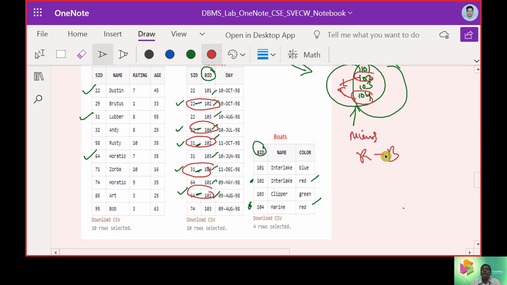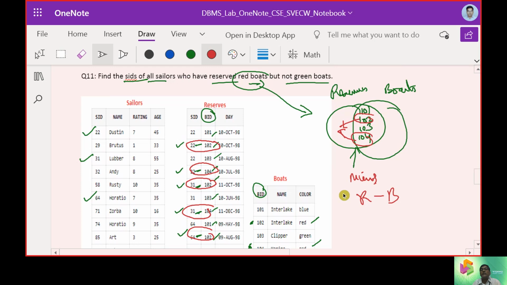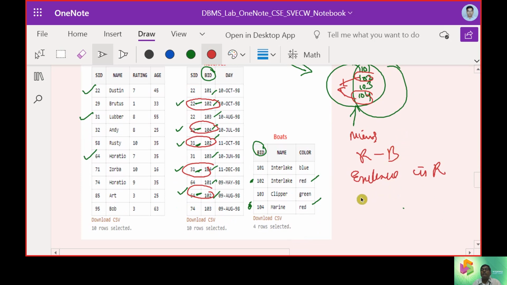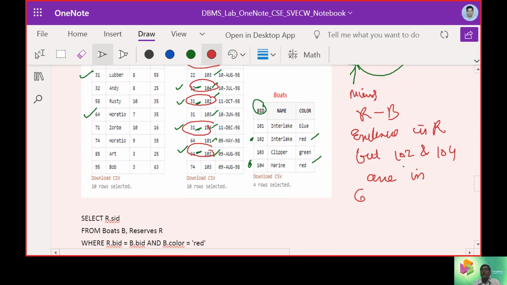So we are expecting the things exclusively in R, right? But 102 and 104 are in the common area. So no rows will be selected.